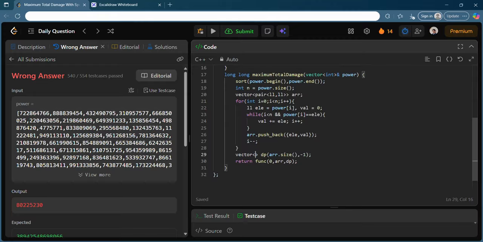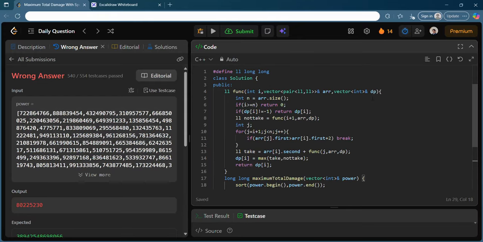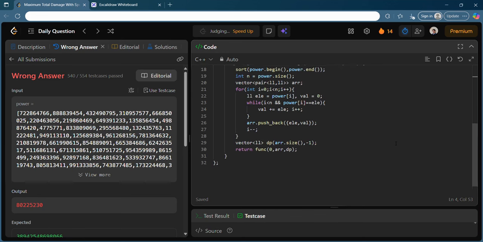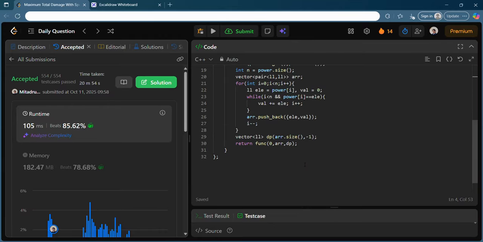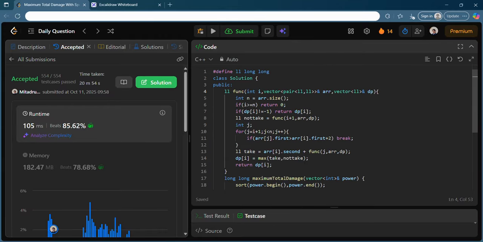Okay, so I do understand what I was doing. The mistake is that I forgot this integer to be converted to long, right? So yeah, that needs to be done. I think this is the only error, but let's see if there is still some mistake. But there should not be. Yeah, you see there is no further mistake, and you get a decent runtime and memory complexity also.